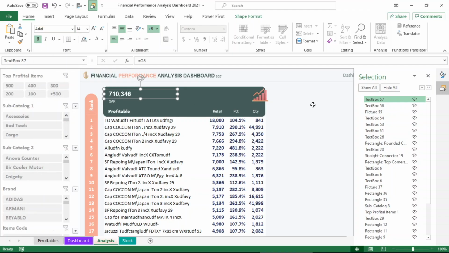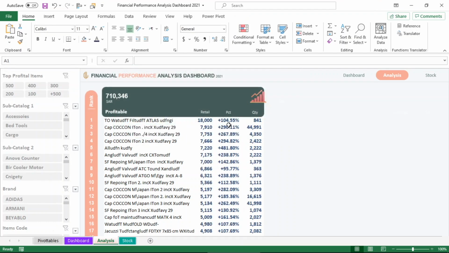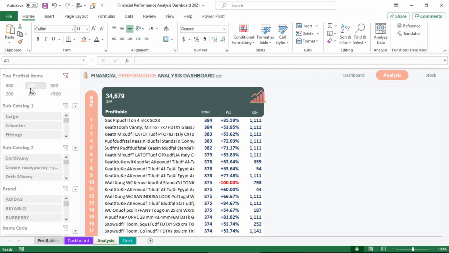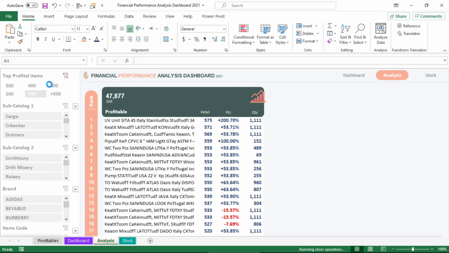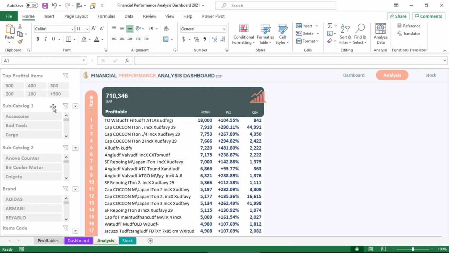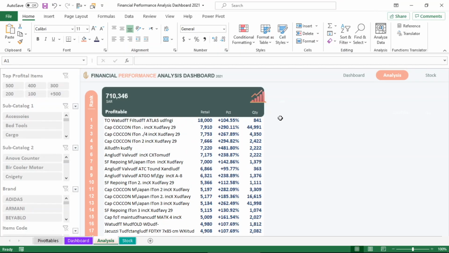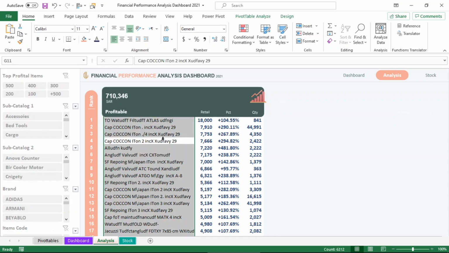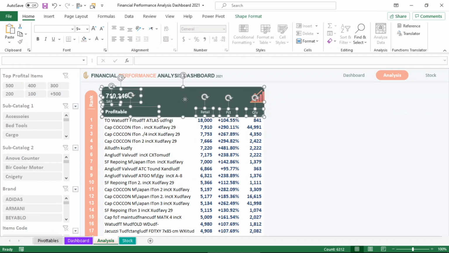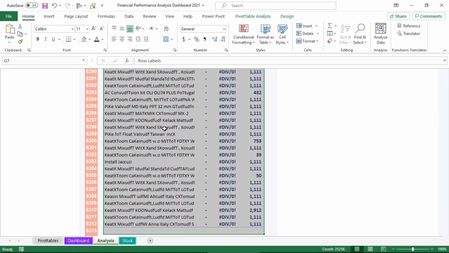Do not forget to connect the slicers to this pivot table and remove the connection from all the previous pivot tables. Finally, with the same previous steps, we will implement the remaining 3 pivot tables, but by adding different results.